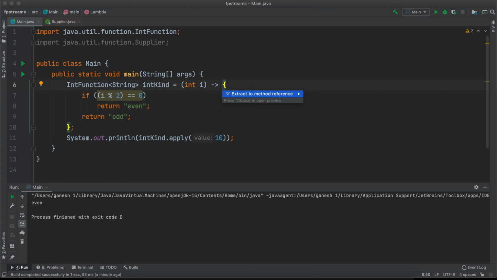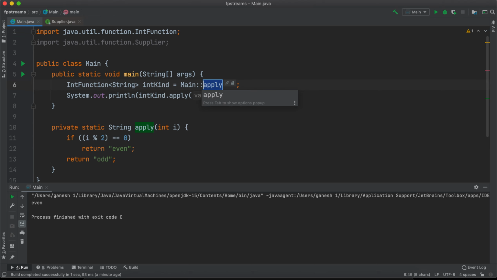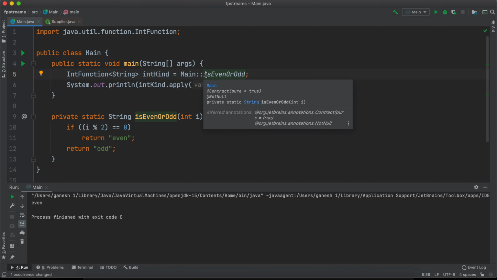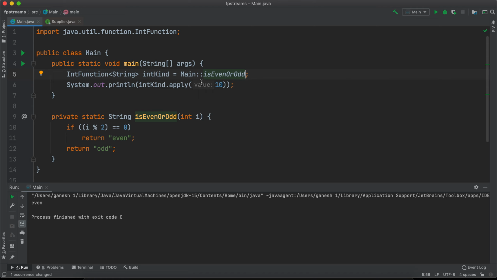we can actually extract it into a method reference. So what's a method reference? So isEvenOrOdd, right? A method reference is a shortcut, or a short way of saying I am taking an argument and passing it along, right? It's the same thing. Whatever we have done, it's the same thing, but through a method now.